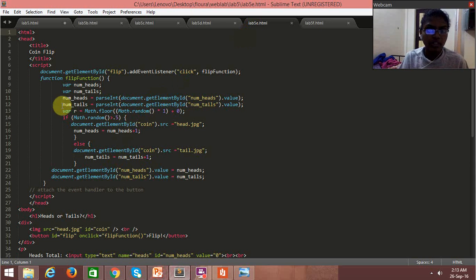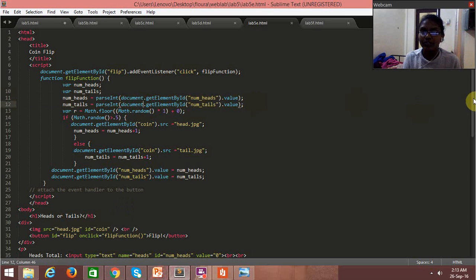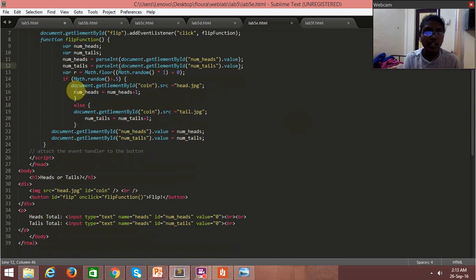Now what we have done over here is, we have called a function on click, and then we have passed the value, a number of integers. Like suppose in this, if you see, we already have 3, so we pass the value of that, so that we can increment and add to it. We randomly generate, because we don't know what the output will be, whether it's going to be first head, then tails, then head, then tails. It's nothing like that. We randomly generate, and if it is greater than 0.5, which is half, let it be head, or if it's the other half, let it be tail.